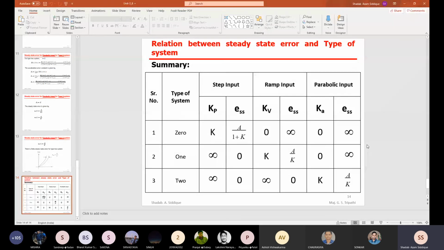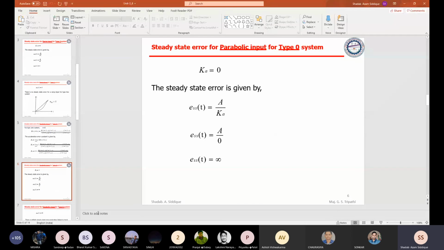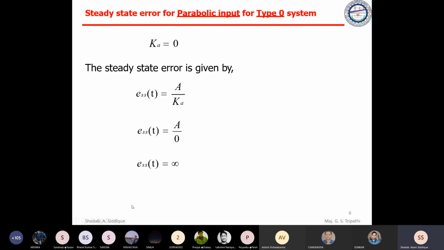You can see if you take for RAM, you can take any value, like this one I'm talking about. Okay, this is the slide. Okay, so I'll let you know. Okay, 1 minute. See, we have the formula ESS is equal to limit S tending to 0, RFS divided by 1 plus GFS into HFS.